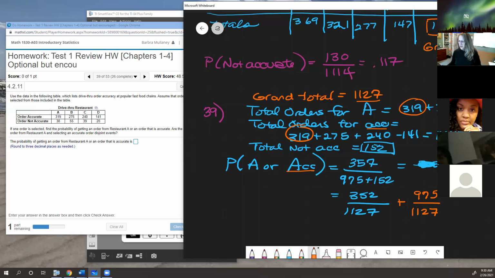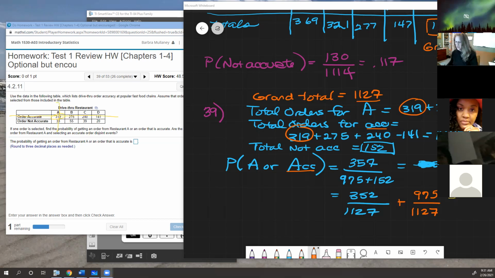I didn't copy this whole table because it was time consuming, but for the overlap, you always want to see where the orders overlap. Here, I'm going to get another, 319, and that's right here, right? So subtract